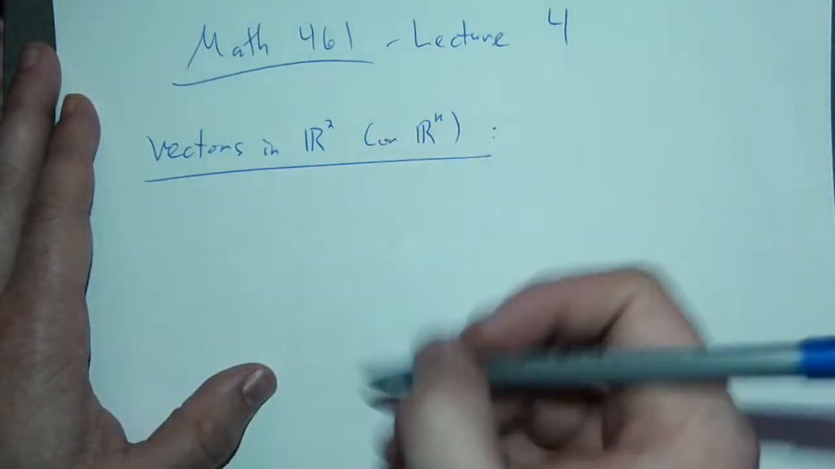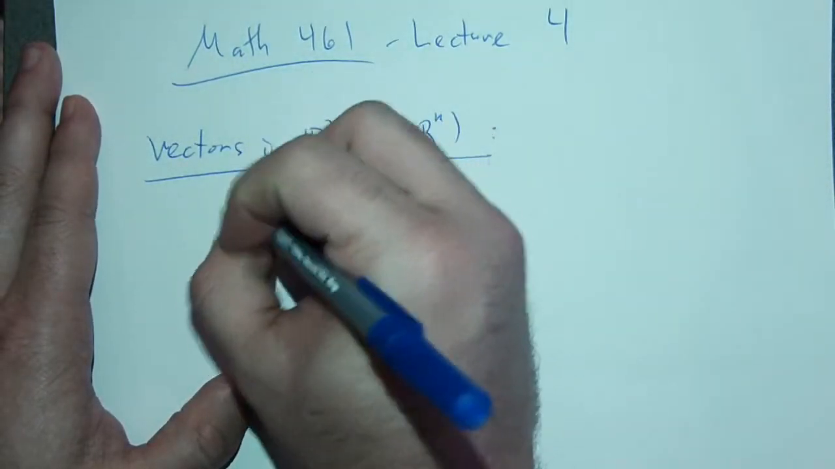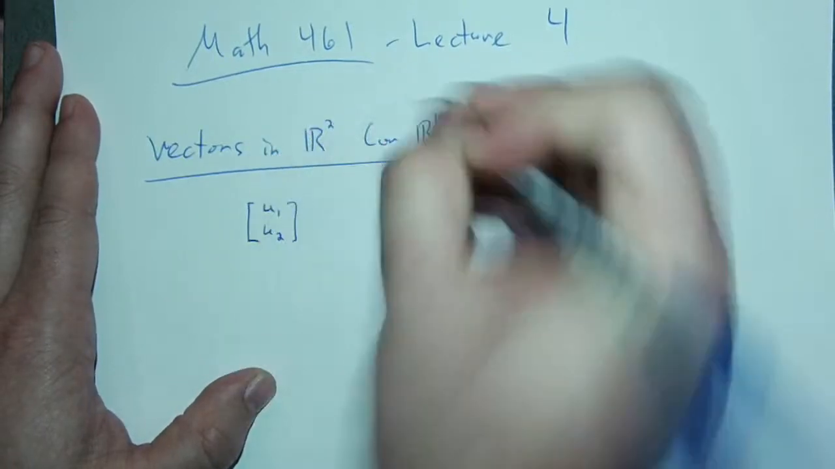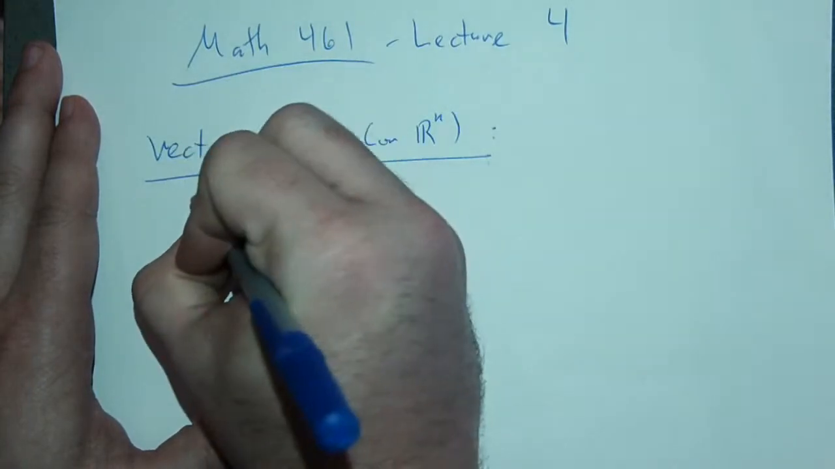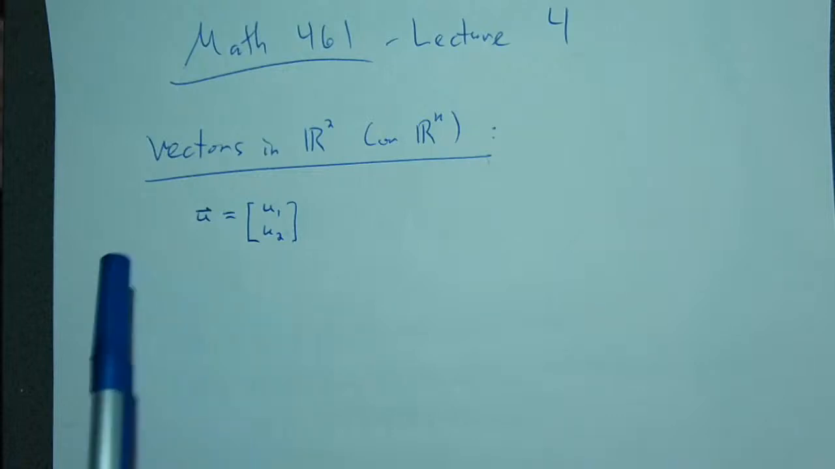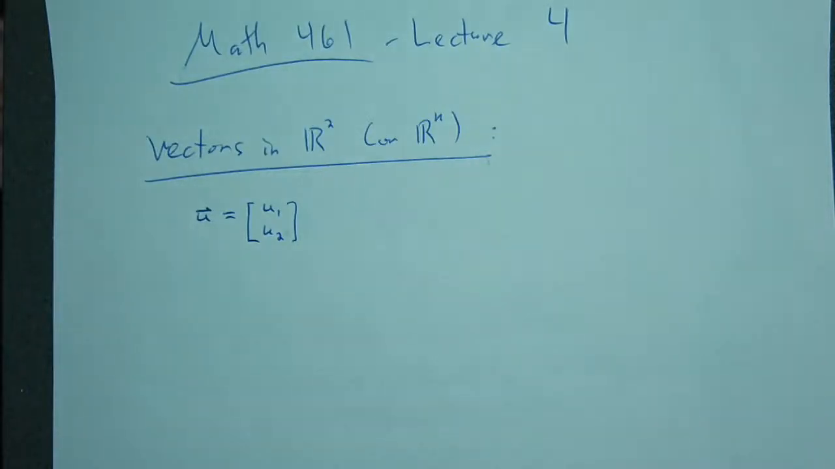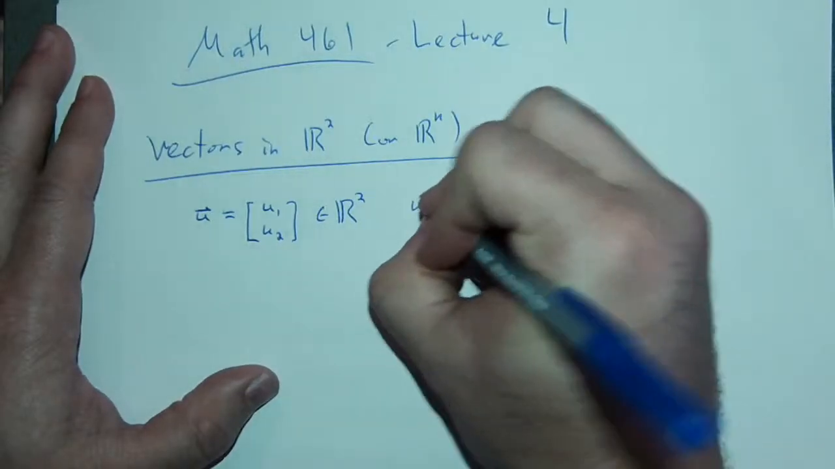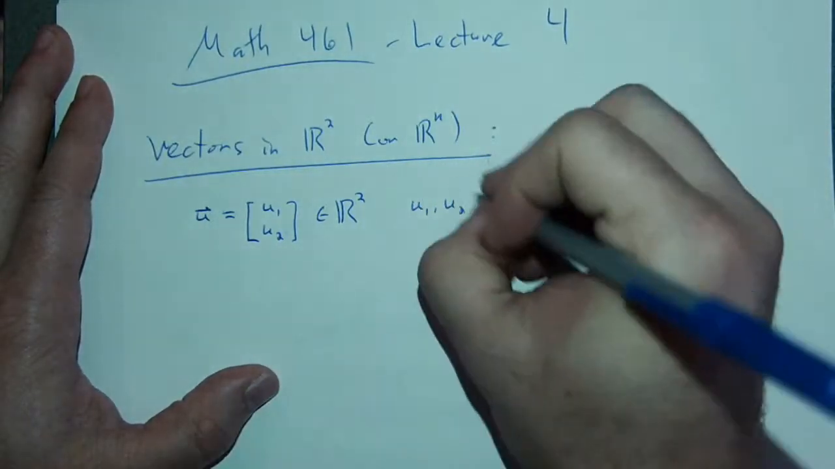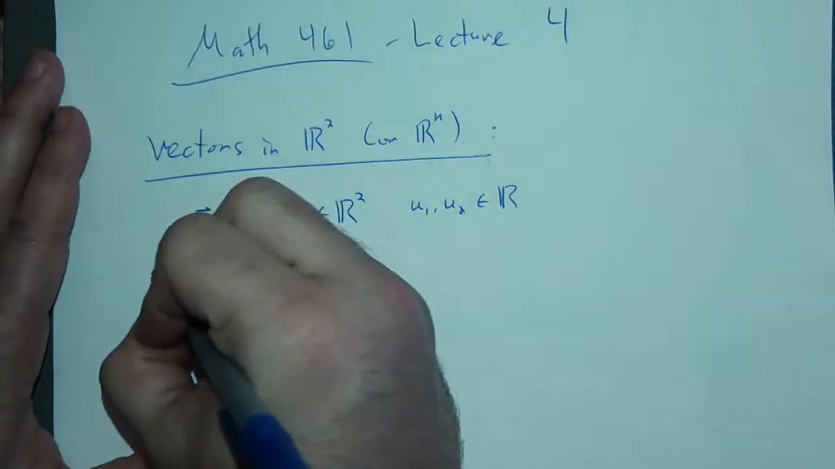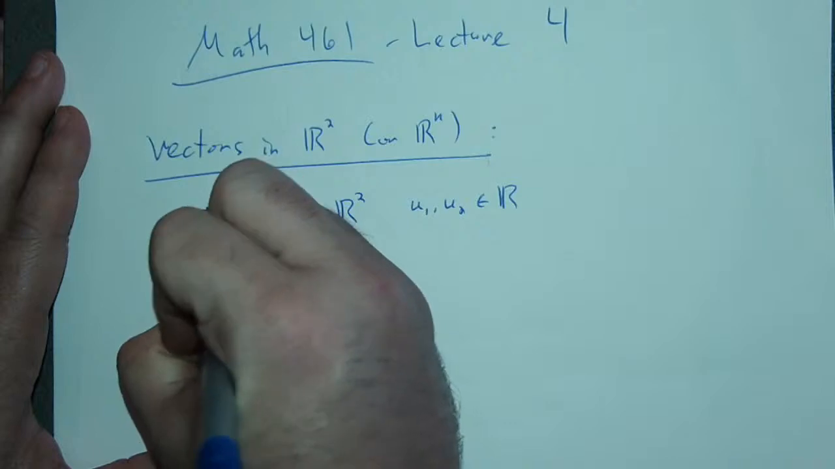So what is a vector in R2? A vector in R2 is a u sub 1 and u sub 2 entries in a column vector. When I'm writing a vector, because I can't do boldface with my pen, I'm going to put an arrow above it. So this is a vector in R2 where each of u1, u2 is a real number. So this is a column vector with 2 entries,